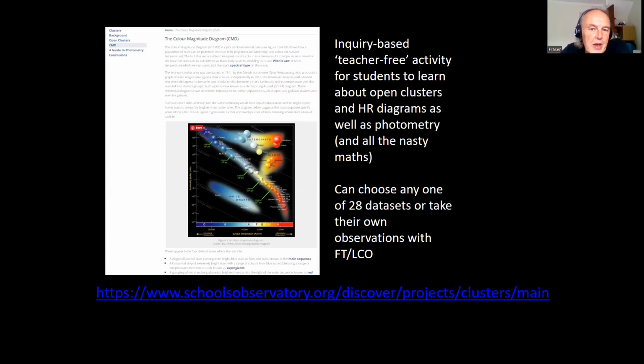And the encouragement there, as we found with our GWAM students, is to give them ownership of the data. So not just for them to play around with our data, but to go off and find suitable targets of their own, take data of their own, and do the same analysis. I think that gives them an awful lot more ownership of their project than just working on somebody else's data. It's a little bit of a leap into the unknown, as you might imagine, and sometimes you have to take a deep breath before letting them do it, but it seems to be paying off in many ways.